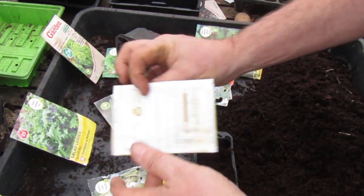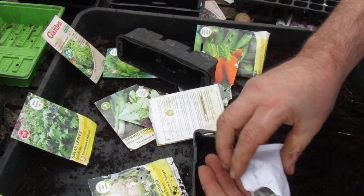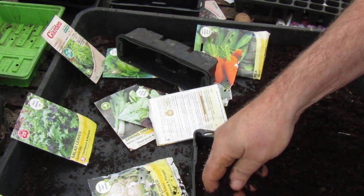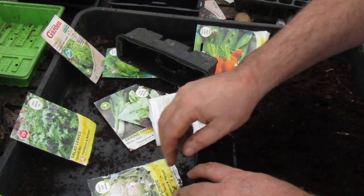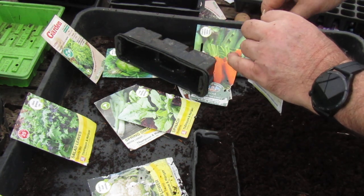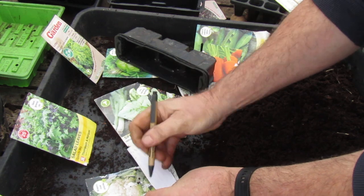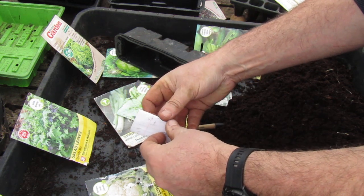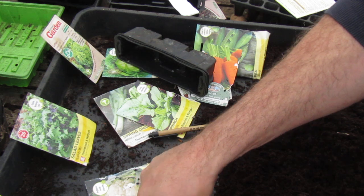I'm just going to do salad leaves, quick sprinkle on top, and then cover. Salad leaves. I've got no labels, so I'm going to have to make do until I get some labels. So that's the salad leaves done. So, one job. Next one I'm going to do